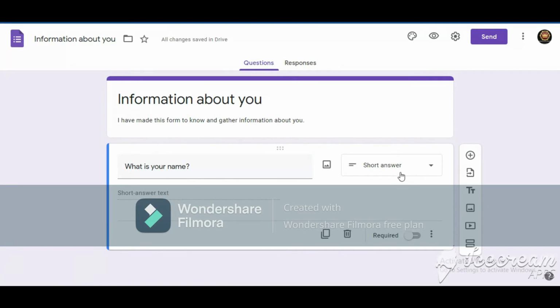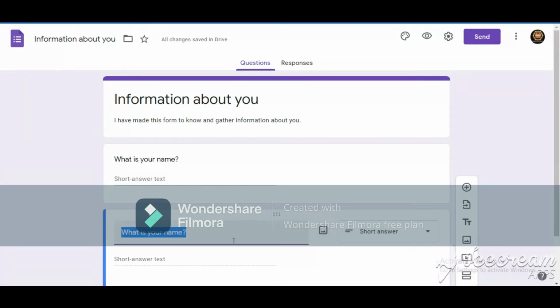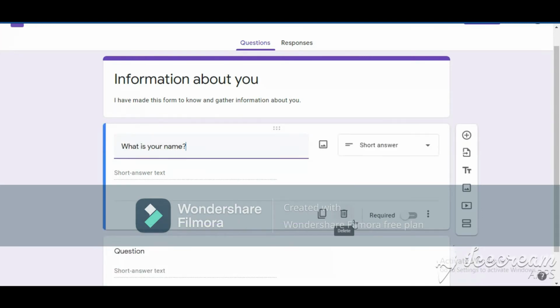Then you should again click it and change it. But if you want to get the same format, then by clicking this duplicate option you can get it. So now I have clicked this duplicate option, so it has appeared in the same way as I have written at the top. Over here I can edit it. Okay, now let's get going.